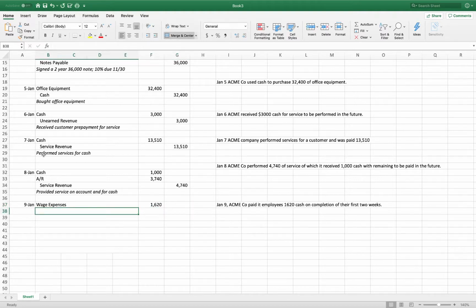My credit, which is going to be indented, is cash because it's going down. I decrease an asset with a credit, $1,620. And I need to put in my explanation. Why did I do this transaction? Well, I paid employee wages. Okay? And that, my friends, are the typical 9 transactions that you will almost always see